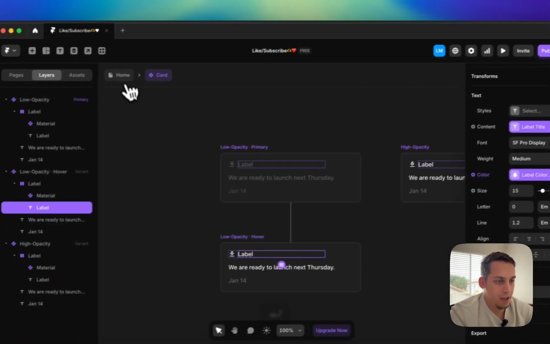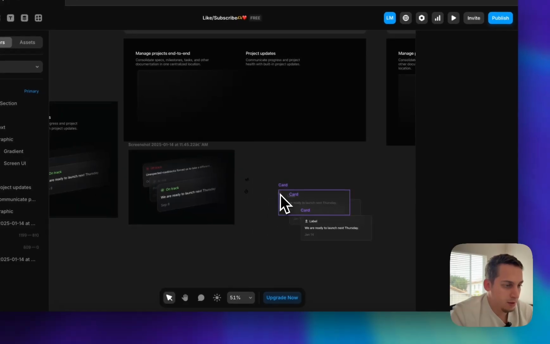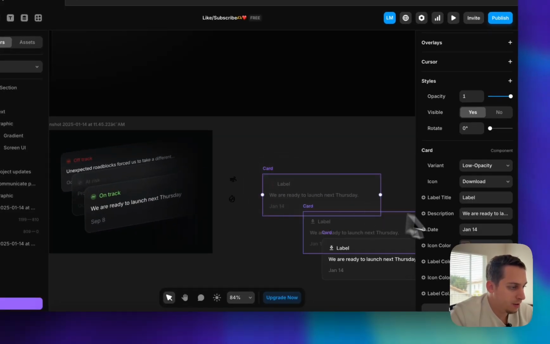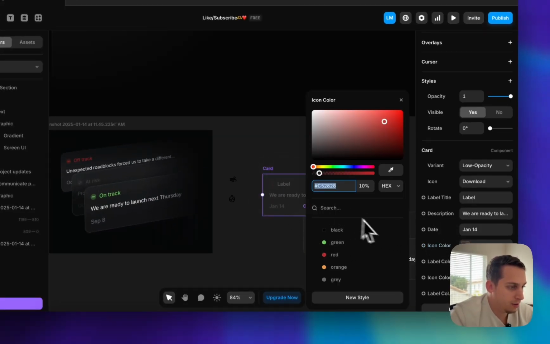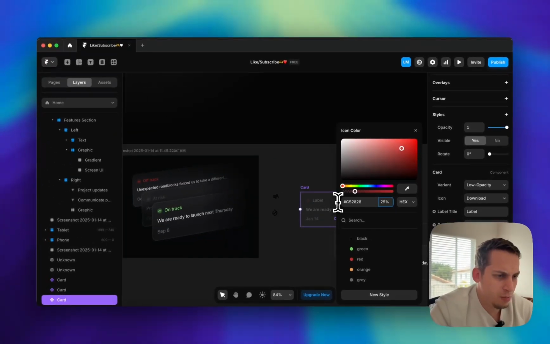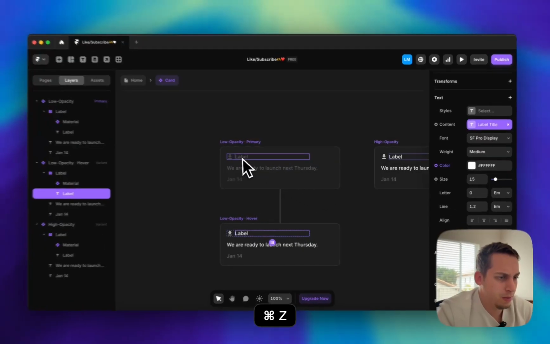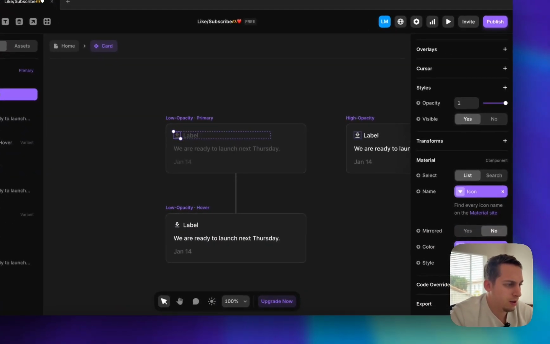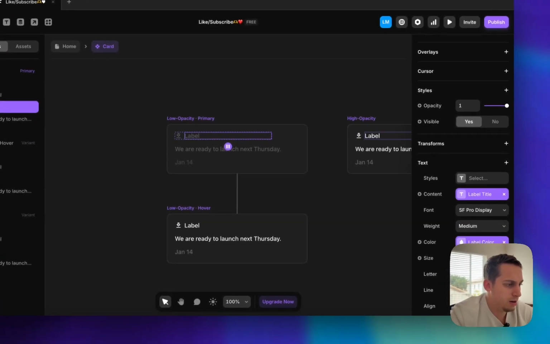Boom. Now we got that going, very easy to do. So we got that red. We want to maybe put it 25%, or actually we don't need the red, we need it white. So we can actually delete this icon color